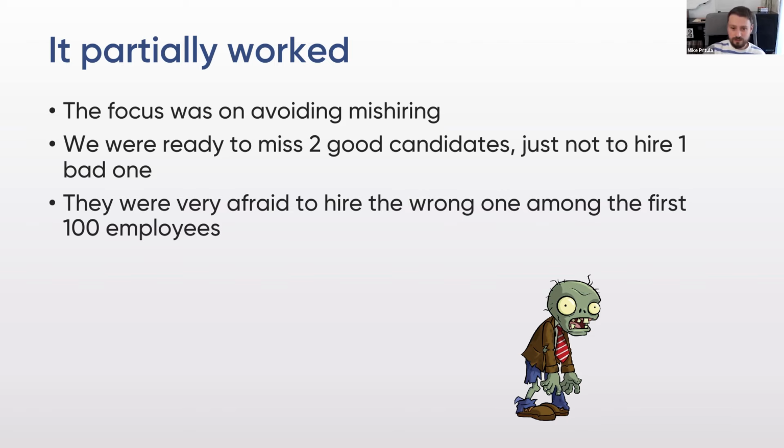So Google was willing to even let 2 good candidates go through this lengthy process, as long as the system eliminated one bad one. And they were really very afraid that they would hire the wrong person, someone toxic or unsuitable among the first employees. And I agree with them on that. Often companies hire their first employees very quickly, poorly, and this often ruins companies. So these first hires need to be done super slowly, super carefully, very cautiously. No matter how fast you want to do it,